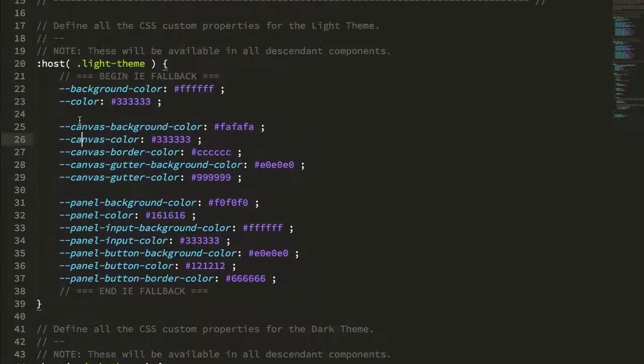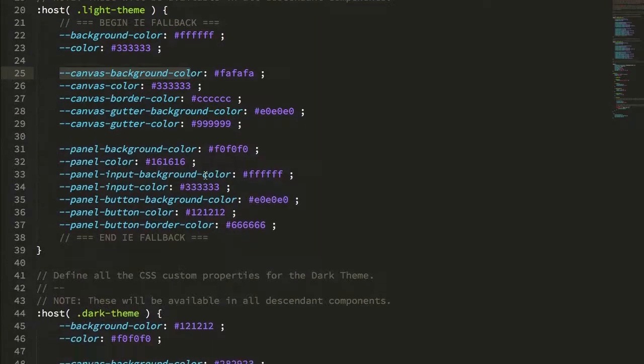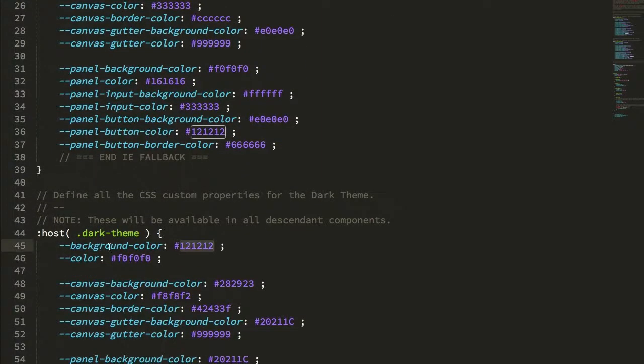But what you can see here is that the theme variables are actually all the same name. What actually changes is the value of the CSS custom property, not the name of the CSS custom property. And what this means is that the rest of the application doesn't care about what theme you're in. It doesn't care about how many themes there are. It doesn't even care if there are more than one theme. It only has to know that these variables exist and that those variables drive the rendering